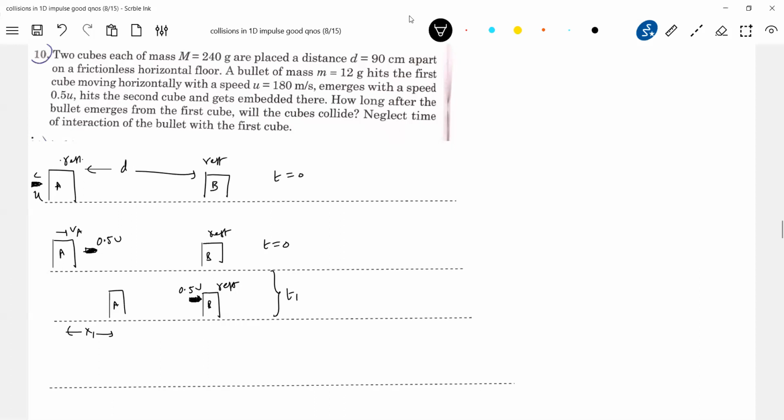After this, what will happen now? The bullet will strike block B, and nothing was said about it, so the bullet gets embedded. Through block A it passes immediately, but through block B, since nothing was said, you can't take it to get embedded immediately, because for the velocity to go from 0.5 to zero it takes some time. So meanwhile block B will undergo displacement.